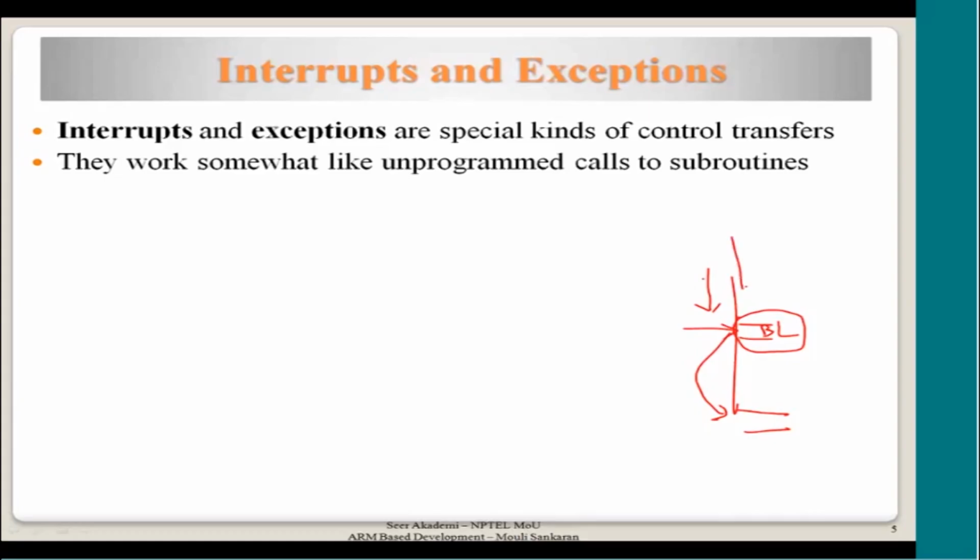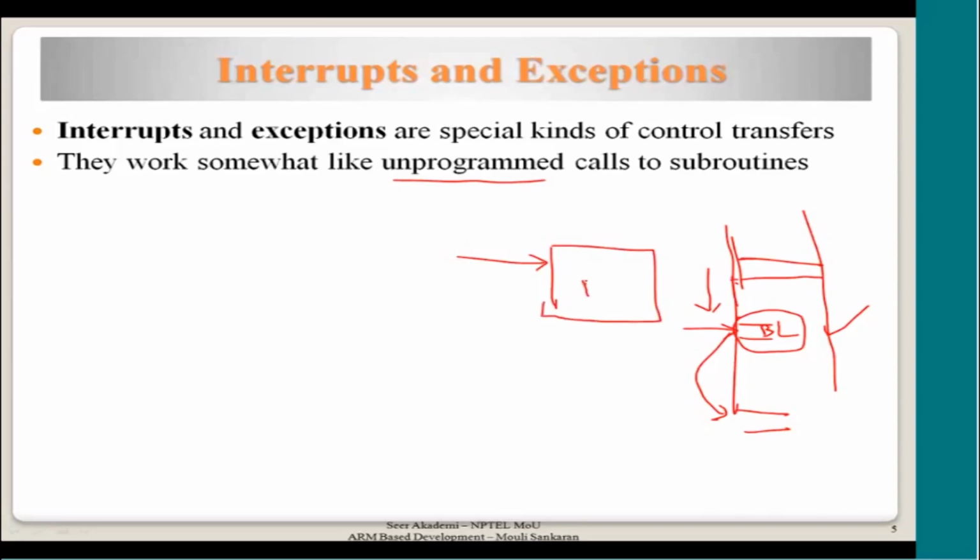When it is supposed to happen is not known to you. There may be some reason behind that. It is not arbitrary, but sometimes it happens because of some error or some condition. That is why it's called unprogrammed. When you change the flow based on your program, then it is programmed control flow change. Whereas this is unprogrammed, because when a reset is given to the processor, it's not under the control of the